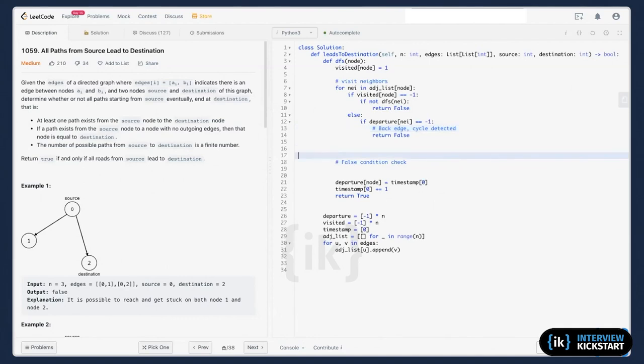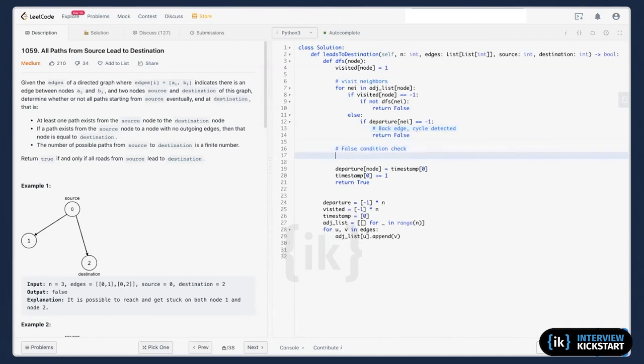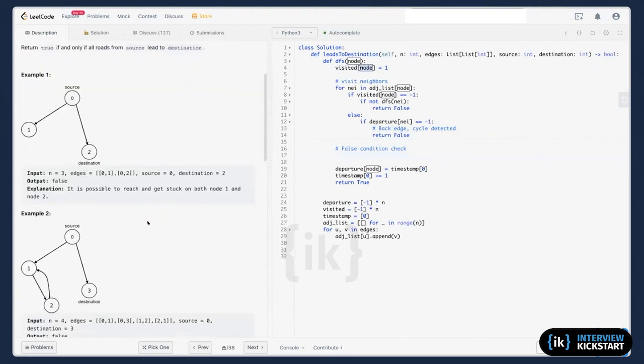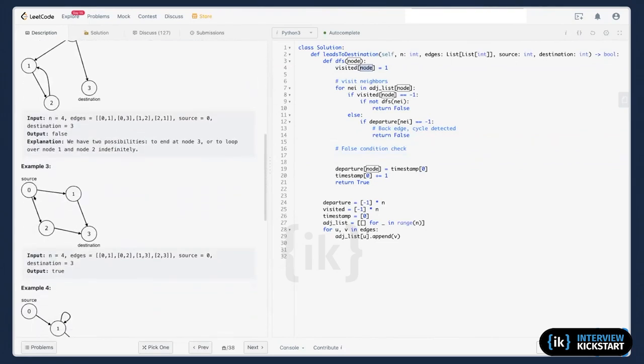Now I come here, so I need to check if from me I can reach the destination. How can I check that? Because I'm node, let's say I'm node 0 or node 1. How can I know that I reached this guy?